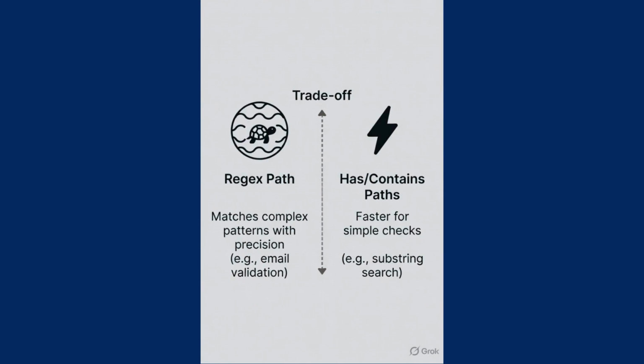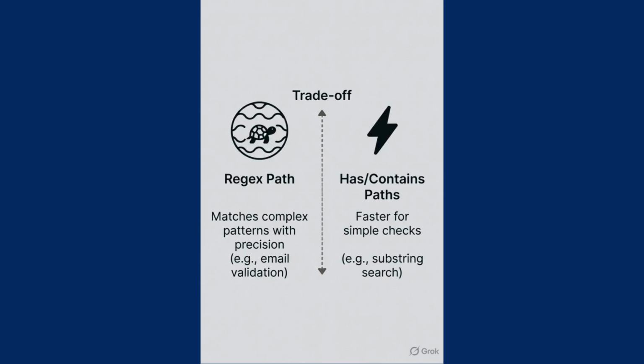Check out this quick comparison diagram. It shows the classic regex versus has, contains trade-off. On the left is the regex path, pattern icon with a turtle crawling slowly. Regex gives you super complex matching. Think email validation, phone numbers, or fancy patterns, but it scans everything character by character, no shortcuts, so it's slower